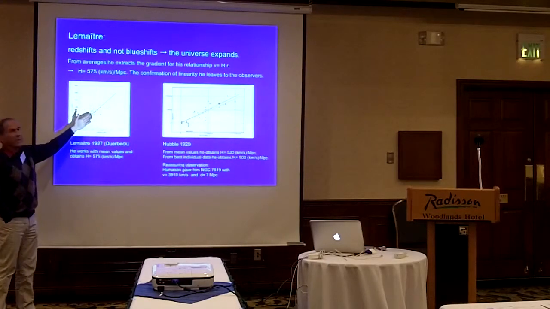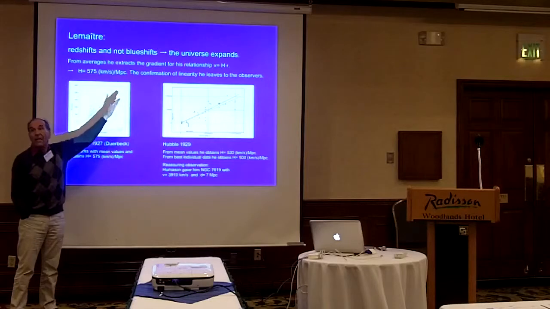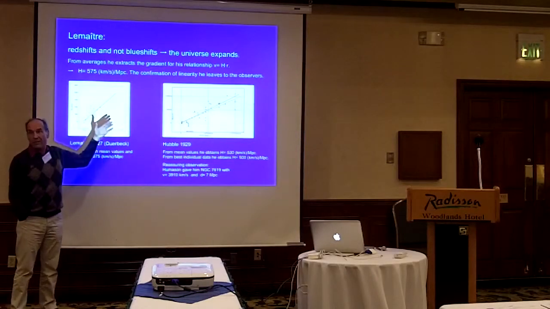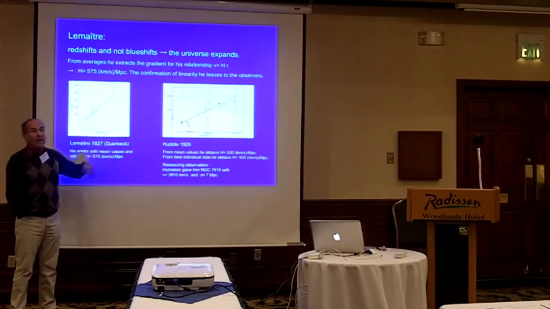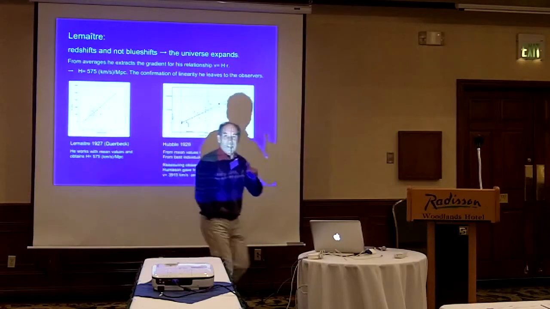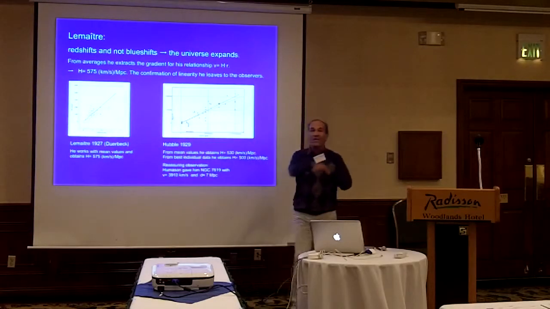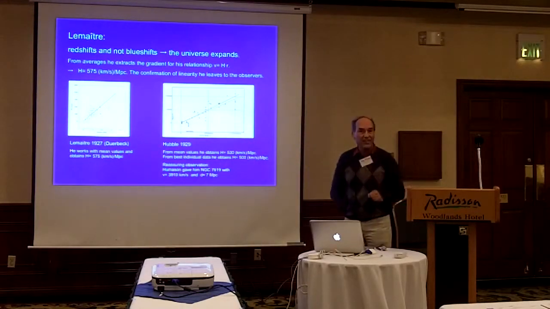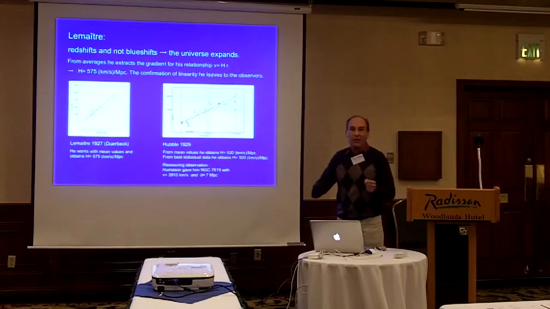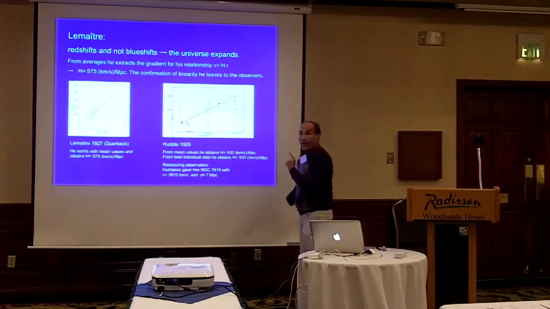And so you can see that Lemaitre was right to say, well, I can't prove with these observations the linearity. So now if Hubble had known about Lemaitre, he could have said, I have verified Lemaitre's prediction of a linear relationship. But Hubble didn't know about Lemaitre. Can't blame him for that. Anyway, when Hubble